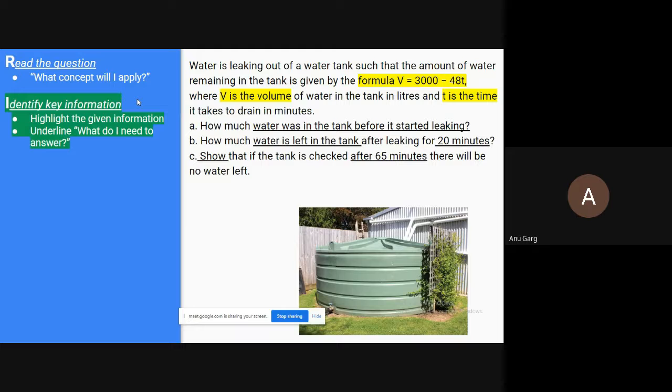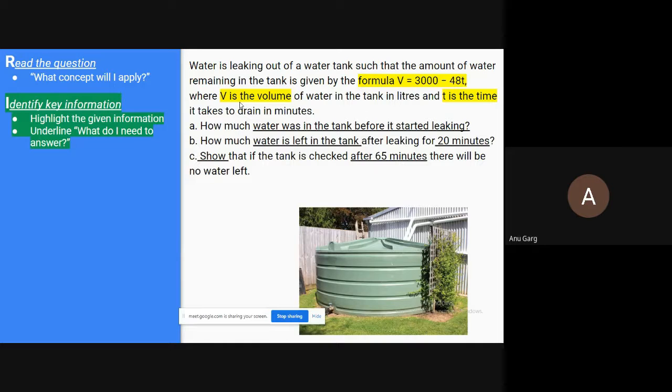As long as you are able to identify the important information in the question, like what I have done here, I have highlighted the important information which is already given. I have been given the formula. I know that T is the time and